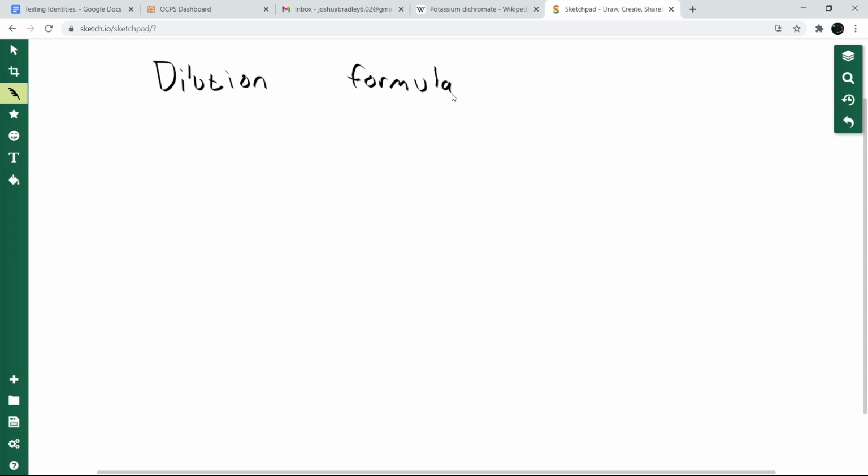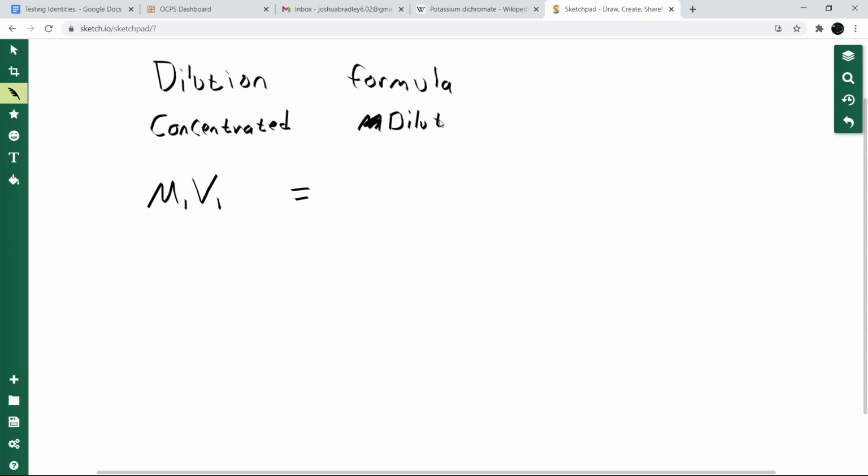And sometimes you'll get questions where they have you try and make a more concentrated one somehow. But in general, what's going to happen is that you're going to take your concentrated acid, and that's going to have some molarity, and that's going to be our first molarity. And then you know that to make a less concentrated one, you're going to need to have some volume of that, okay? And the molarity times the volume